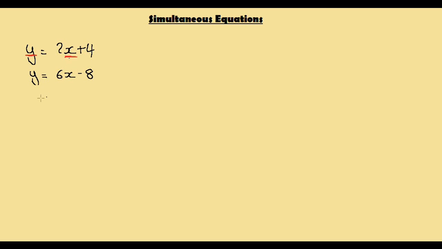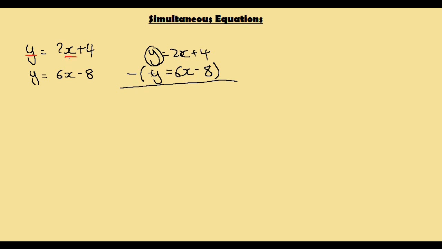So let's look at the method and how to do this. First of all, it's almost like you need to be aware of column subtraction. So let's take 2x plus 4 and this 6x take away 8 and just put them above each other, so that we have these columns. And if we were to subtract this, the answer actually becomes y take away y, because we've got this y and now we're taking away this y. So when we have one y and we take away another y, it becomes 0, or 0y. Then we have an equals sign, and then we do this